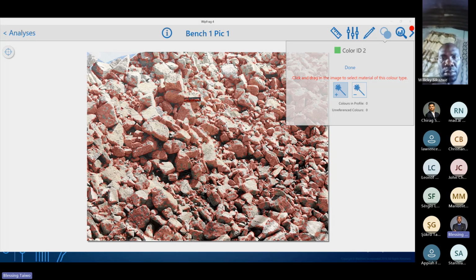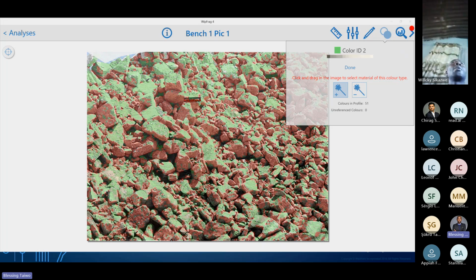If, for example, you have a dolomitic intrusion, maybe marble intruded material, or maybe you are blasting spodumene and you have material intruded as blackish. So in this case, we are assuming the whitish section is the waste. It could also be that the whitish section is the high grade. So the whitish section of this particle, we also want to highlight. So you drag on them and you have the software scanning the material and identifying any portion of the material that is whitish. If you want to refine, maybe this is not whitish, you can also remove some sections.